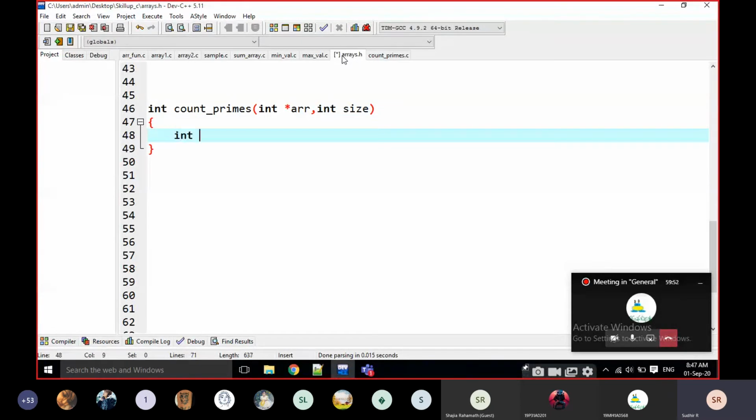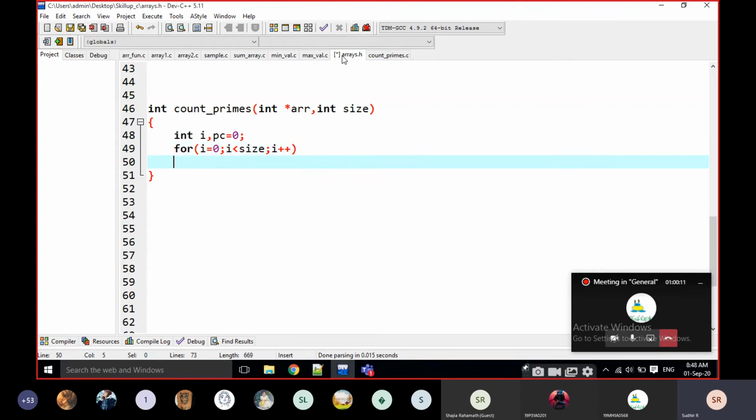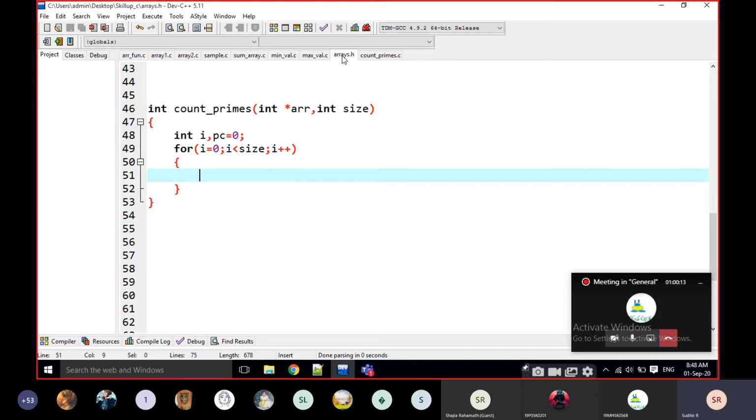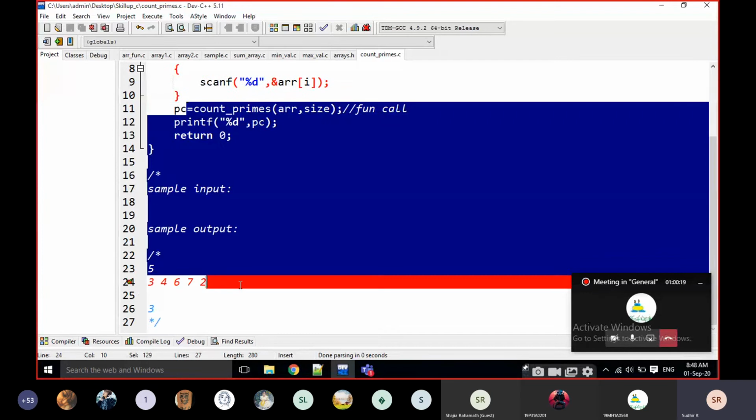Okay, for this I am going to take one I value and PC is equal to 0. I am going to write for I is equal to 0, I less than size and I plus plus. Yes, that's it. For example, these are the variables.